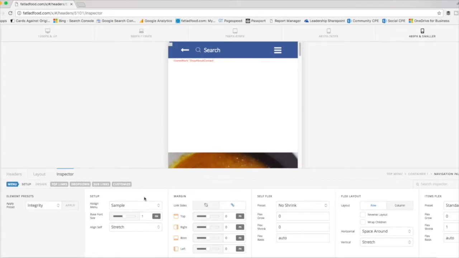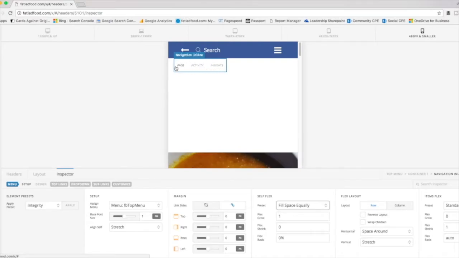So firstly, what we're going to do is set up the menu that's actually there. And we're going to put in this top menu that I've already created. You can see it here, page activity and insights, and that's been put in that way. So we're going to be playing with Flexbox quite a lot in this. I'm going to set the self flex to fill space equally,